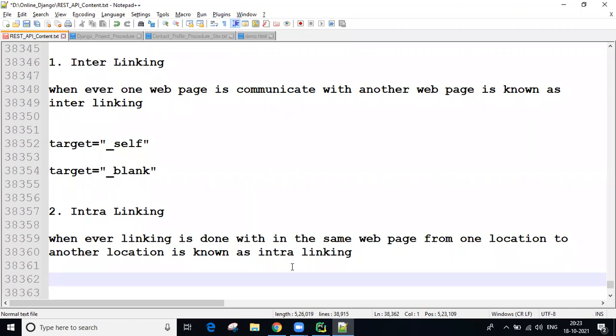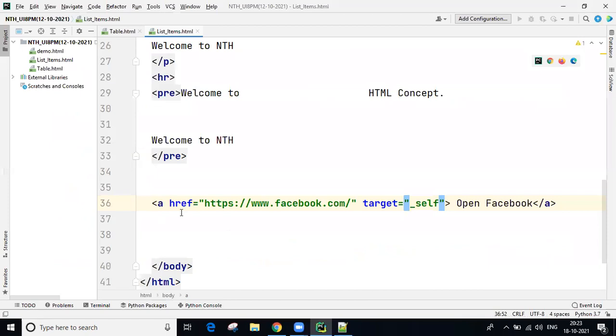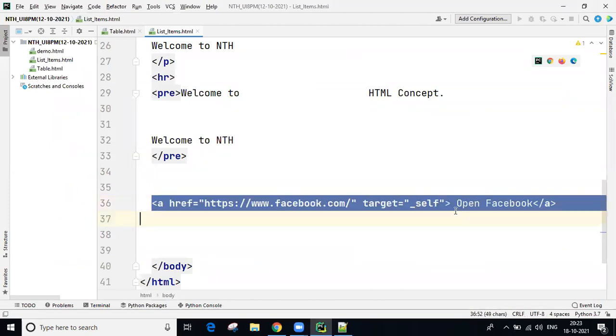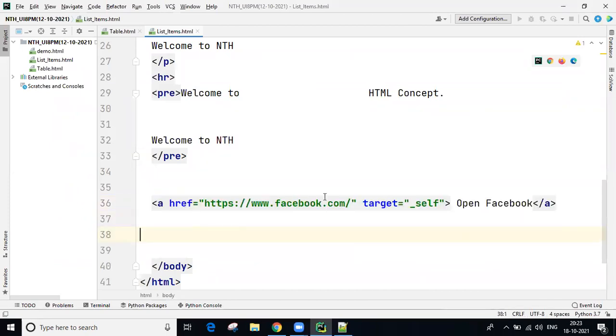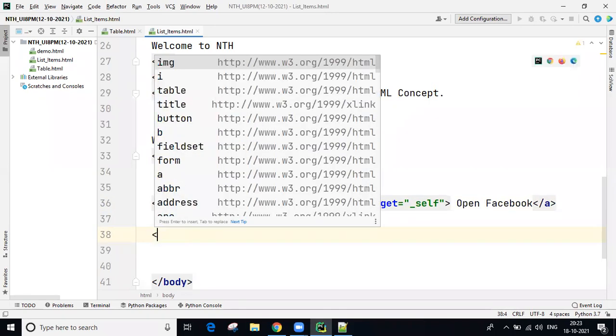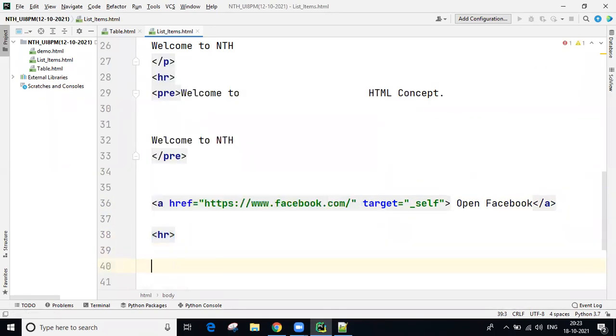Directly here you can see in the code. These are normal links, and this is the intralinking concept. Current page to Facebook page is the interlinking concept, this one. So I'm taking one HR operation, and now here I want to write something.